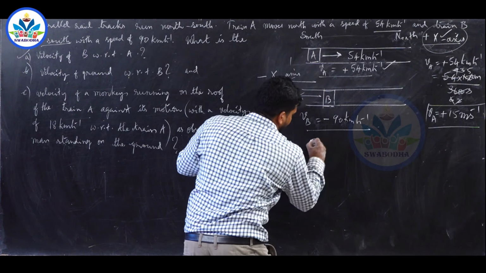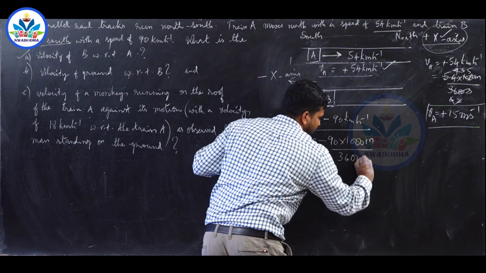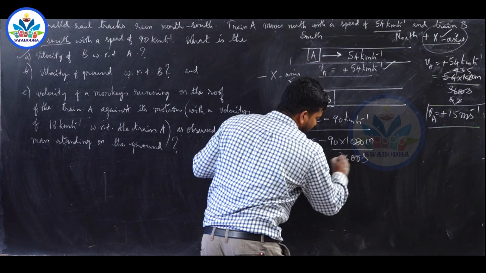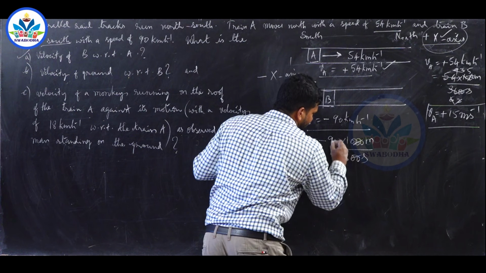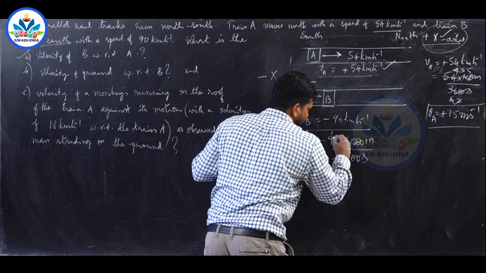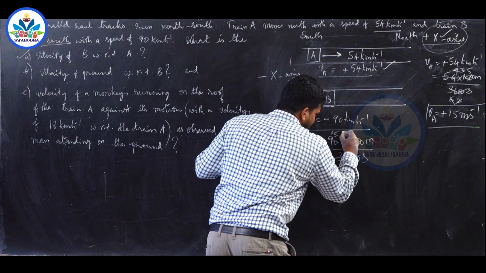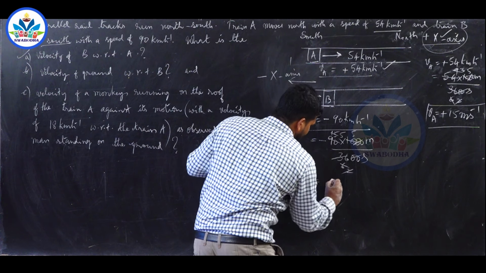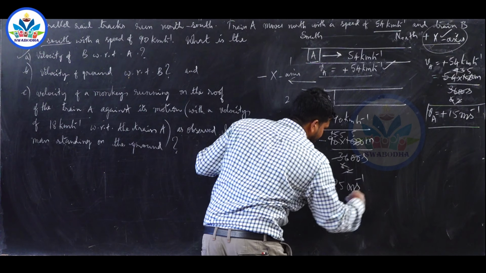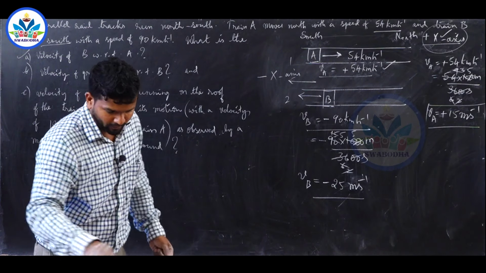You must convert minus 90 km, 1000 meter, per hour, 3600 seconds. 6 6s are 36, 6 15s are 90, 3 2s are 6, 3 5s are 15, 2 1s are 2, 2 5s are 10, 5 5s are 25 meter per second, which is negative. 25 meter per second, which is negative. This is VB.